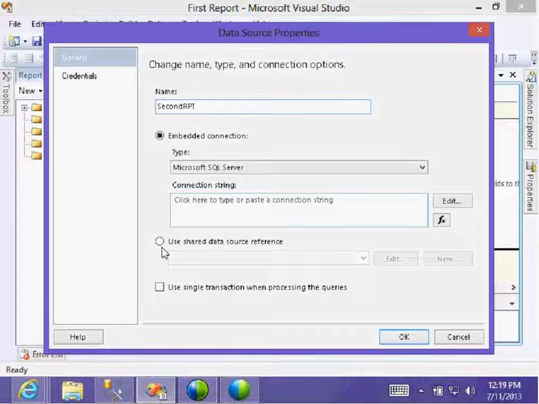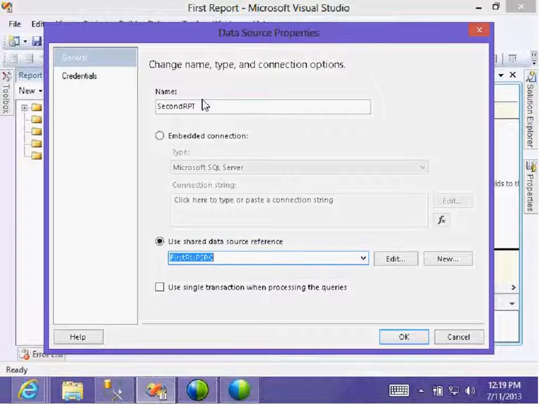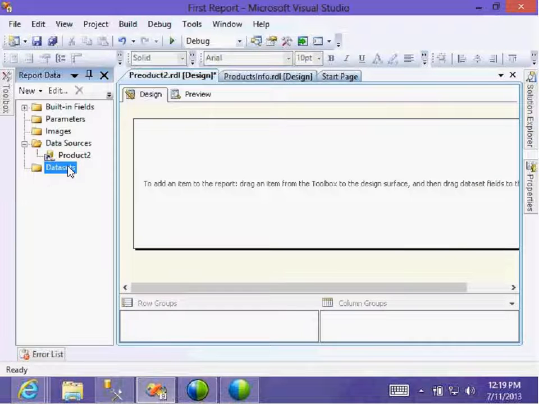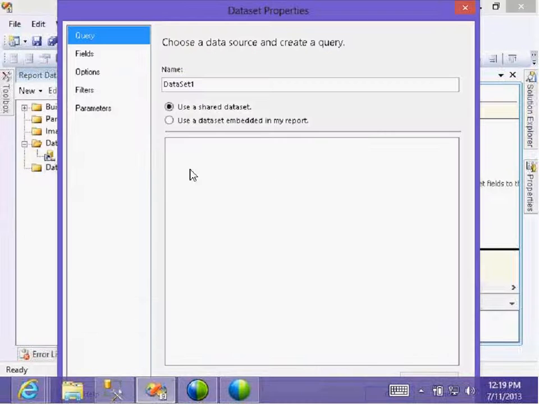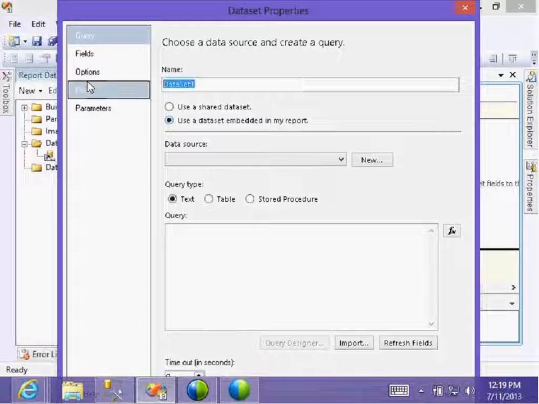Source. Okay. Saved data source. Not product 2. Product. Okay. Data set. Write a name also. Source is what? Product 2 query.